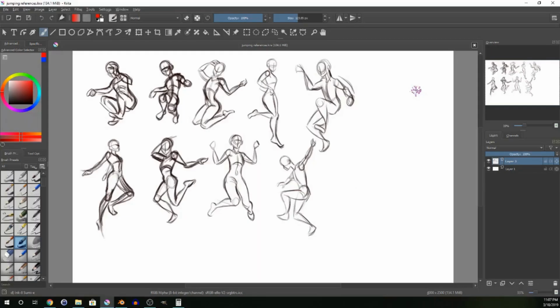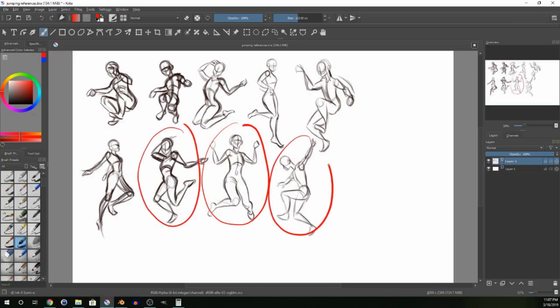Okay, so next up are thumbnail sketches, and thumbnail sketches are kind of like a miniature version of your final illustration. They're a good chance to do some exploration. So from my warm-ups, I actually really like this pose right here, and I also like a combination of this one and this one, so these two together. So I'm gonna try out just some different